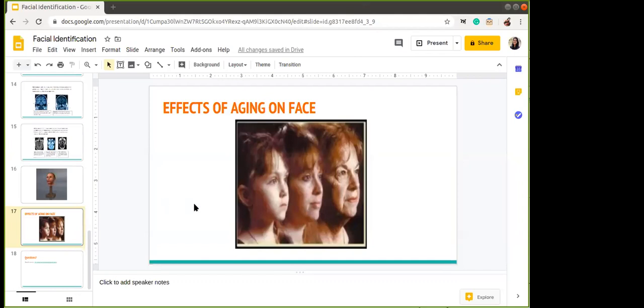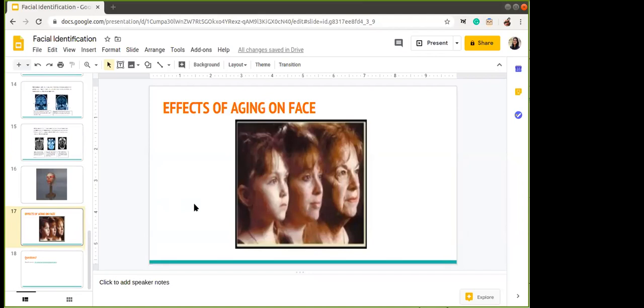Yes. The next question is, do teeth play an important role in facial reconstruction? If yes, then how are they used as an individualistic characteristic? So basically, I didn't get your second part of the question. It will be better if you can explain this. But yes, for the first part, see what happens.